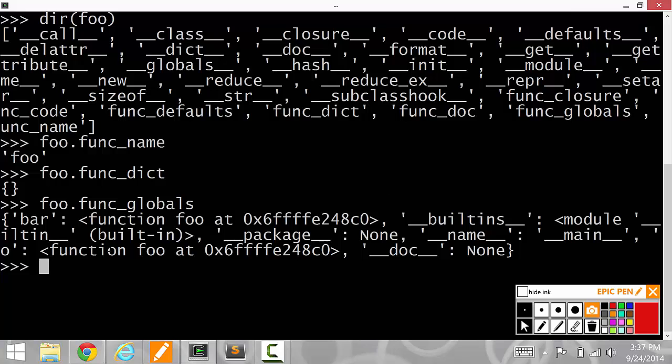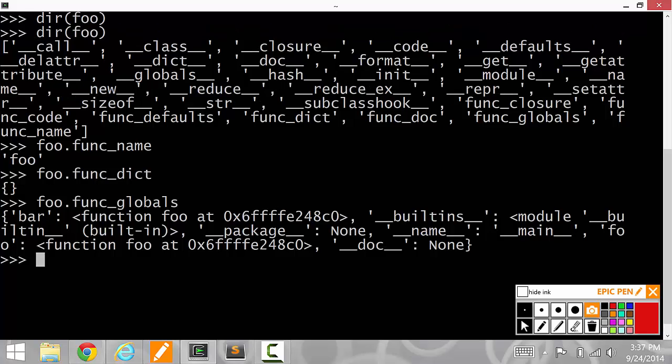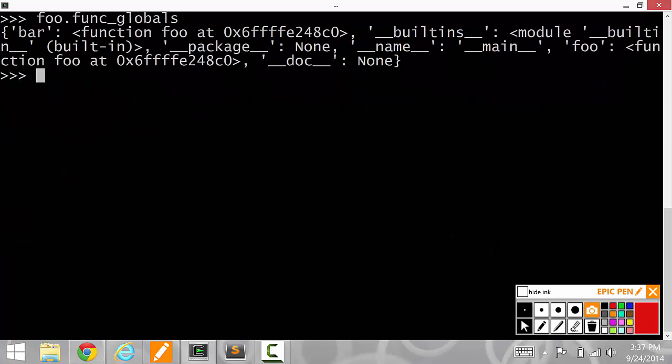So if you squint really hard, there's a bar that goes to function. There should also be a foo that goes to a function. Oh, my printing is kind of big. There's a foo thing here, the dictionary that maps to a function, and there's also bar that maps to a function. There's a built-ins thing that maps to a bunch of built-in things in Python and other stuff. So this is basically func globals is just a pointer to the global